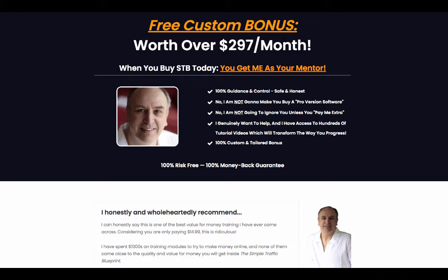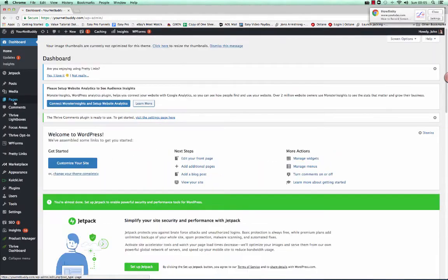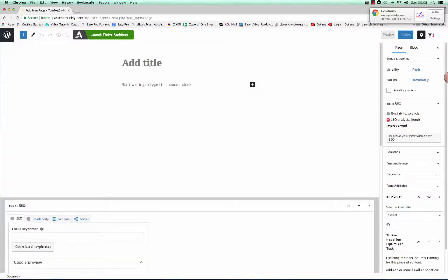But for now, I'll show you how to build and use a landing page. Right, the first thing we need to do is to go to your WordPress website and log in: the name of your website followed by WP-login, and then you just log in. And then in the dashboard we just go to Pages, Add New, and then you would just give it a title. In this case I'm just going to call it Test 2, and then you would publish it